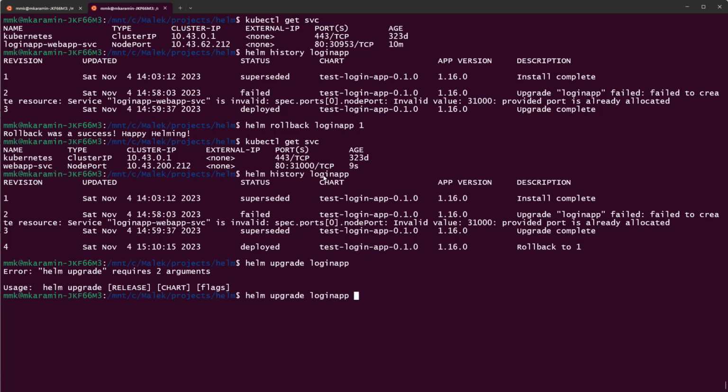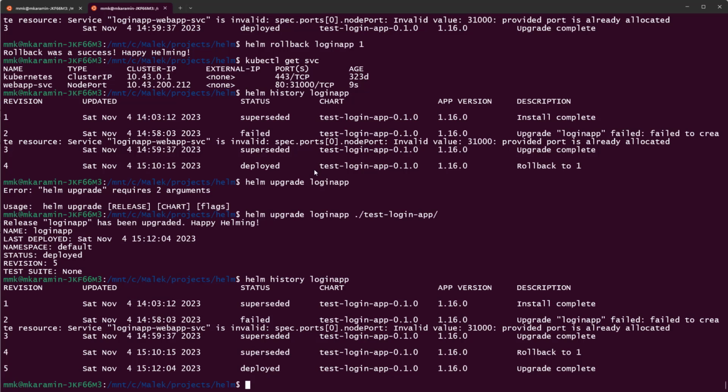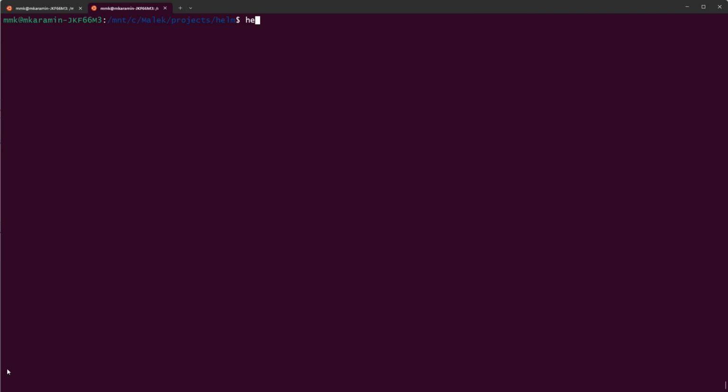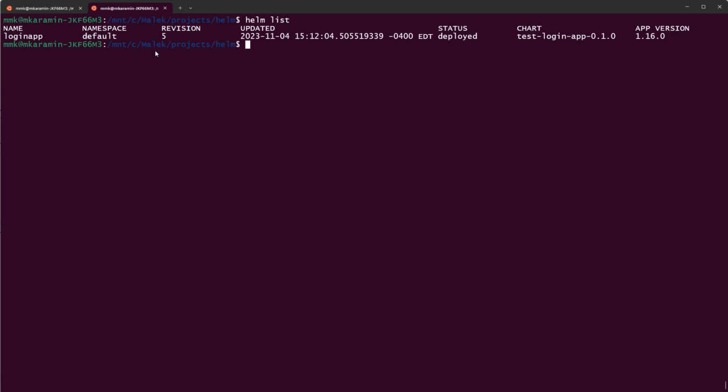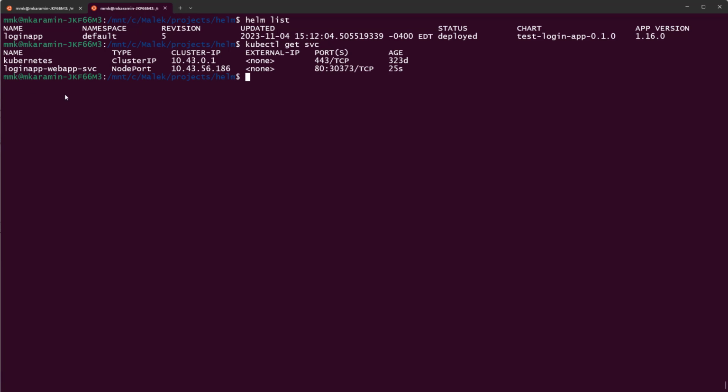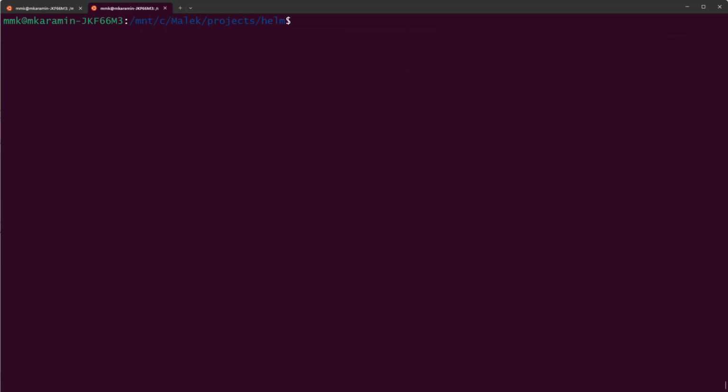Sorry, I forgot to add the chart name. Check history. Revision 5 has been created, and helm list shows revision number 5. And kubectl get svc, you see, back to the dynamic name. Now, if we want to control the spec section of the manifest in a central location, let's open this,